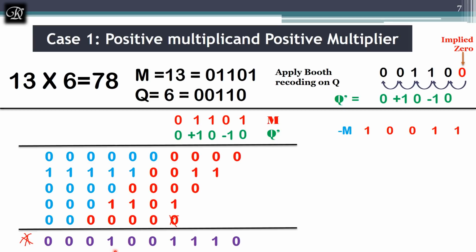Let's see whether the answer is correct. So check, first I am multiplying an odd number with an even number, so of course the answer should be an even number. Now you can check, yes, it's an even number, and now you add 2, 4, 8 and 64, which is 64 plus 14, will give you 78. Yes, now we got the correct answer. Hope this is clear to you. If you have understood how to find this new q and what -1 means and how we are going to extend these bits, that is the only key factor of Booth algorithm.